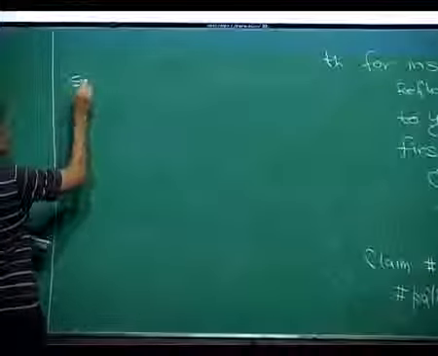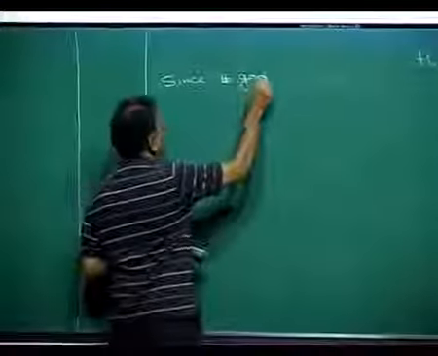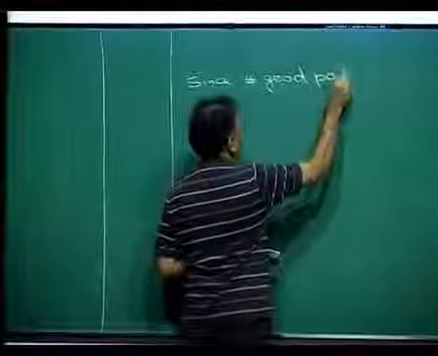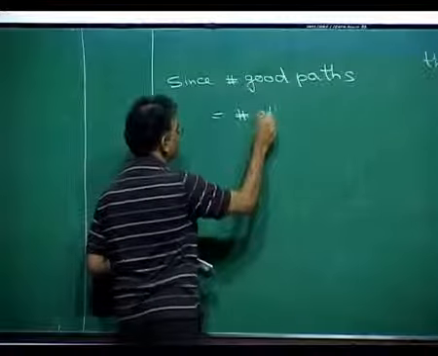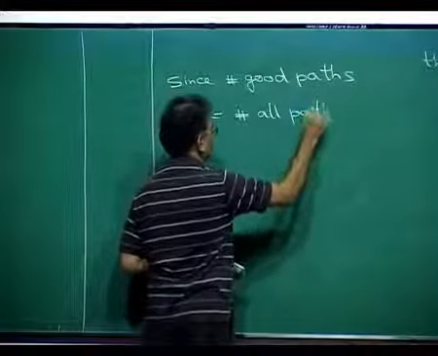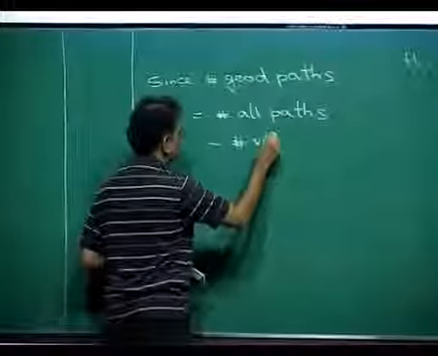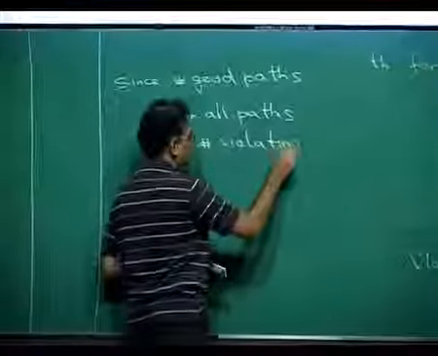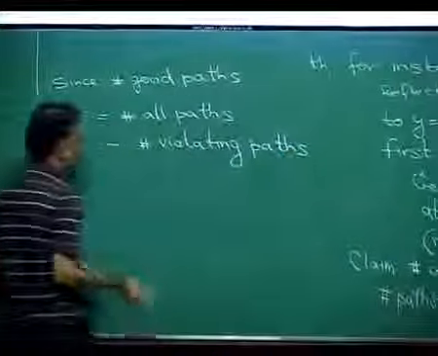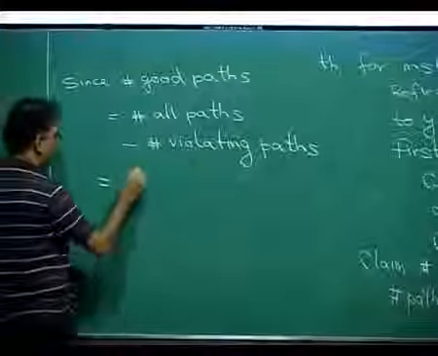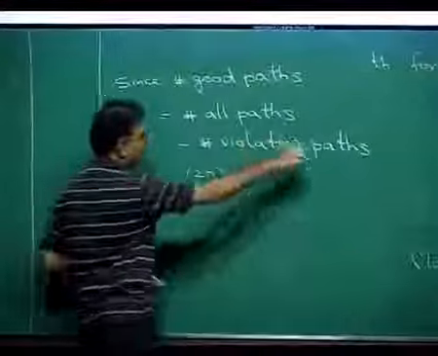Since the number of good paths equals the number of all paths minus the number of violating paths, and the number of all paths we already know is 2n choose n,